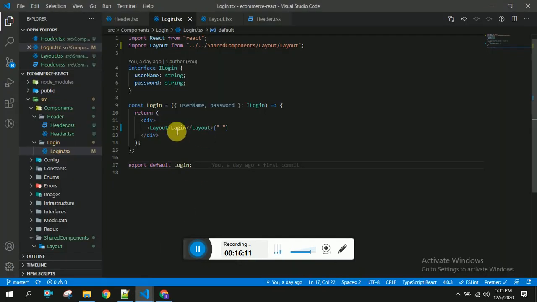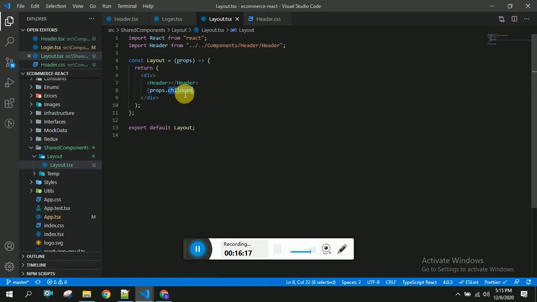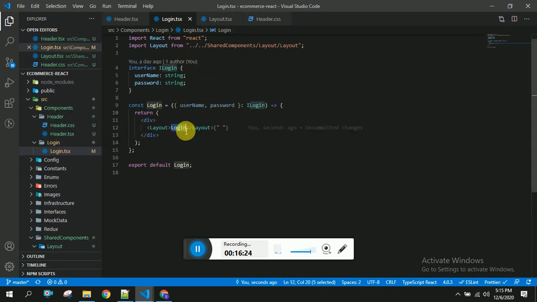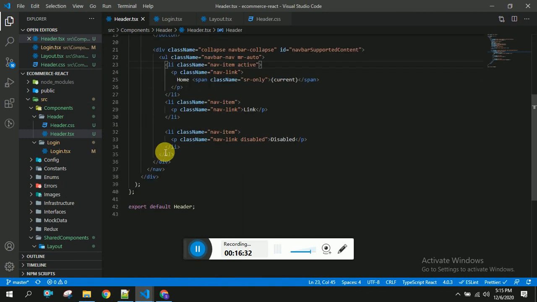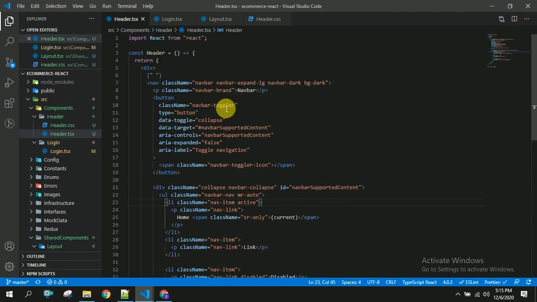This login acts as a child, so you can see here the props.children, which means the content inside this layout. In this way we can load the login page. Now we will customize our header section navbar. Here I am going to change something.